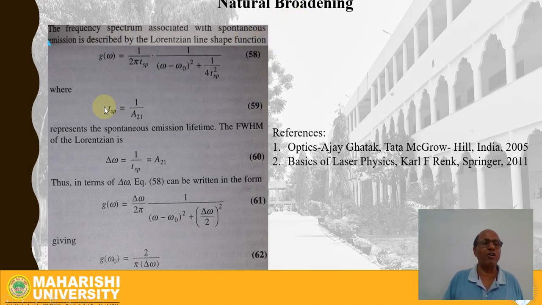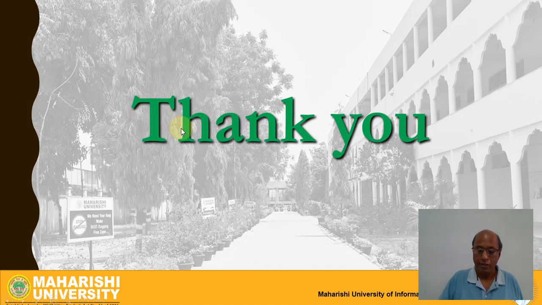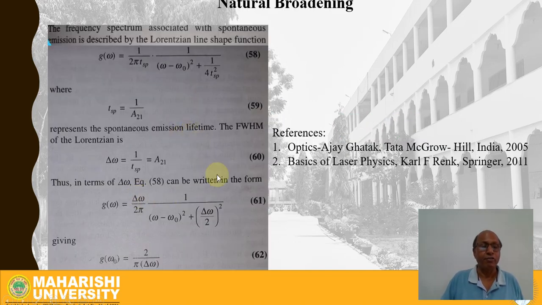So in the case of natural broadening, the line shape factor will be predominantly dependent upon the spontaneous lifetime, which is again dependent upon the emission coefficients of spontaneous emission. For natural broadening, the line shape factor will be dependent upon these values, and more importantly, the line shape factor will be inversely proportional to the line width at FWHM. So that's all we wanted to discuss.